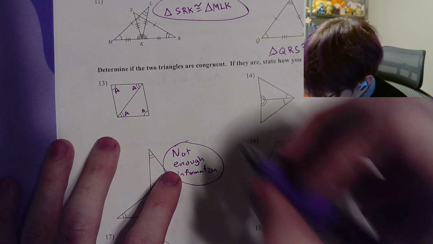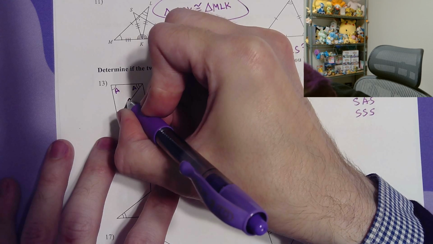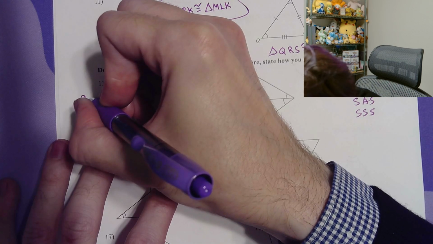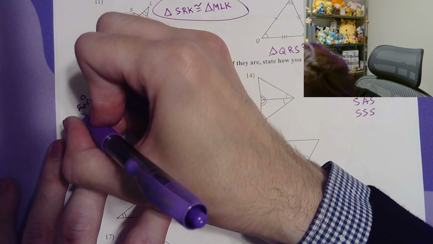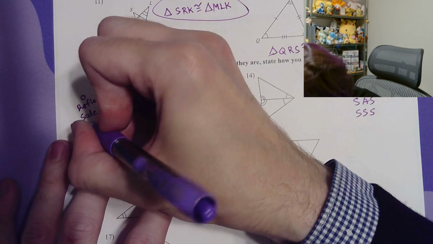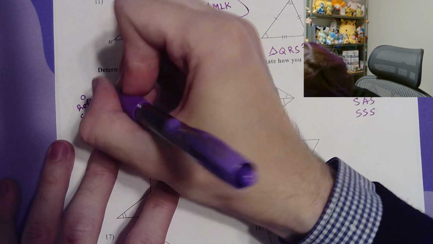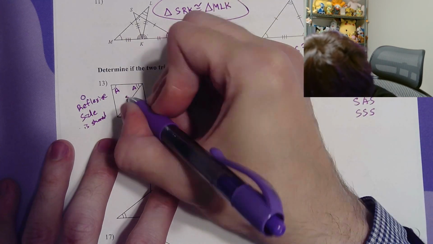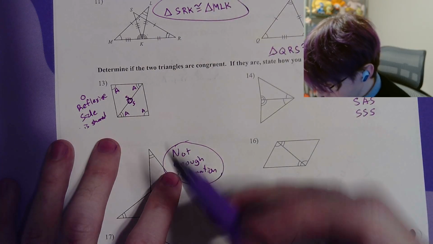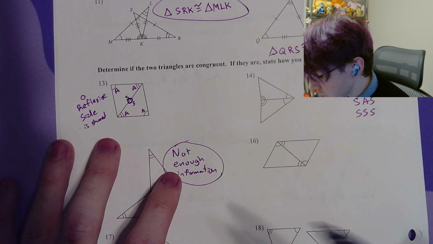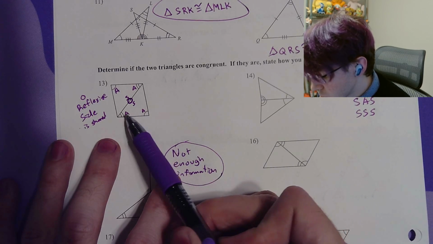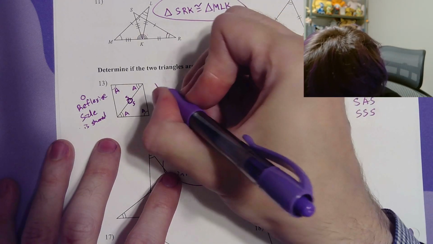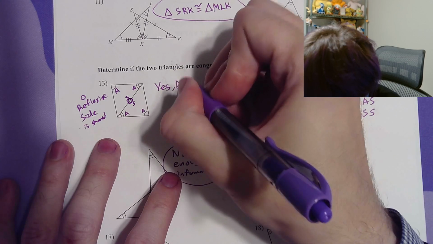In addition, we have a side that's shared by a triangle. Anytime those sides are shared, you put a little circle. That little circle is called the reflexive circle, and it lets you know that a side is shared. That's what that little circle says. So because the side is shared, we can put a little S. And if you notice, we are in a situation where if we started with that very first angle, we'd have 1, 2, 3. We'd have an angle and a side,